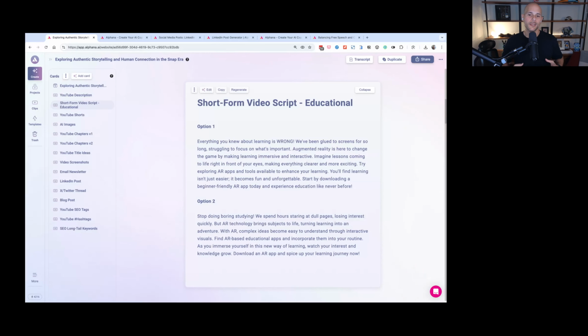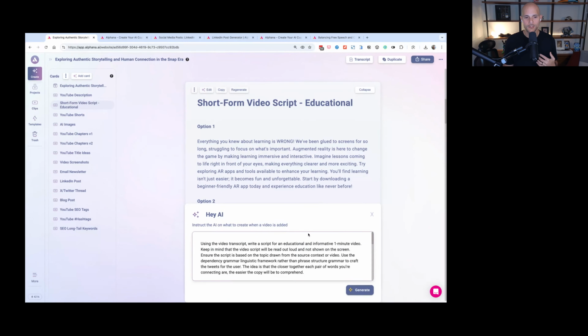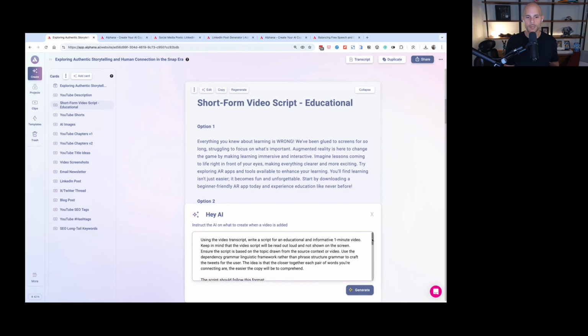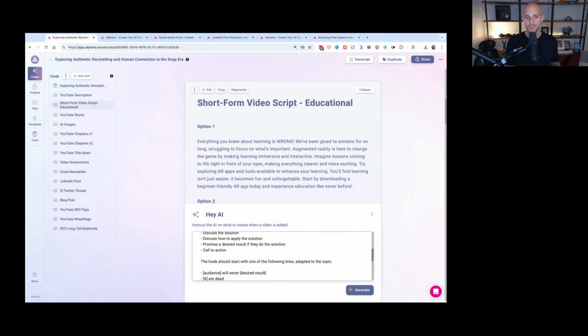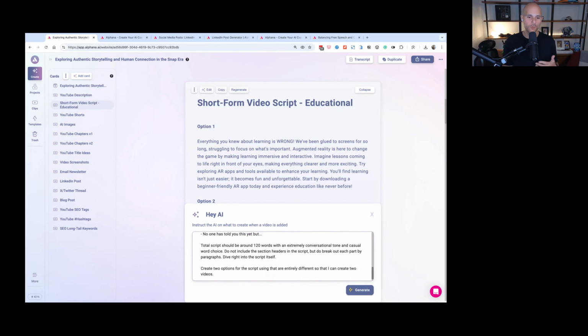So again, this is a great way. It gives you 2 different variations for a script. You can add more in here, and you can even edit the prompt. We let you see the entire prompt for how to generate these scripts. And if you want to change it altogether because you don't like the way it's turning out, or if you want it longer, you could change this and say, hey, instead of 120 words, I want it to be 500 words, right? So this all helps with the length of the video that you'd like to do.